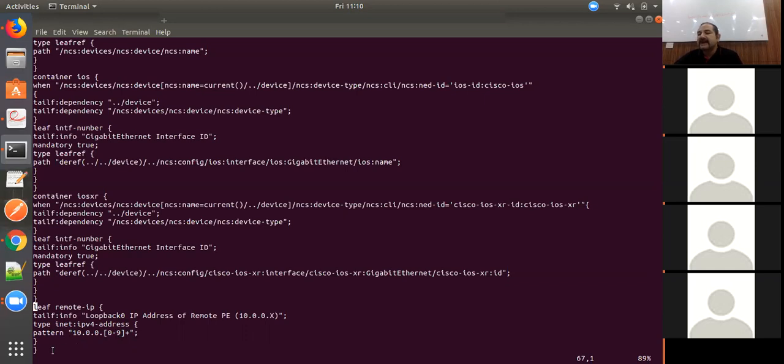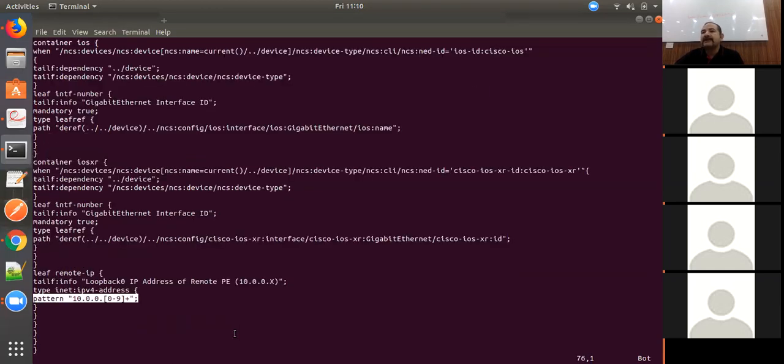So these things like pattern are to minimize the user's effort and the chances of error. Because if the user doesn't know what kind of loopback addresses are available, then he can put any IP address, and that's why we are restricting the user, because the network engineer has told us that the loopback addresses are in the range 10.0.0. So we have put a pattern here to restrict the inputs with certain conditions. So this was our Yang model,